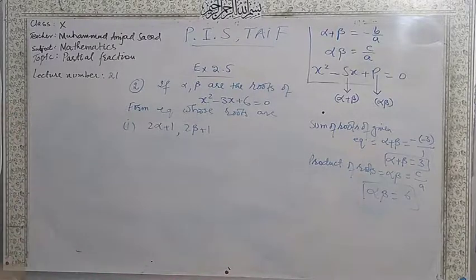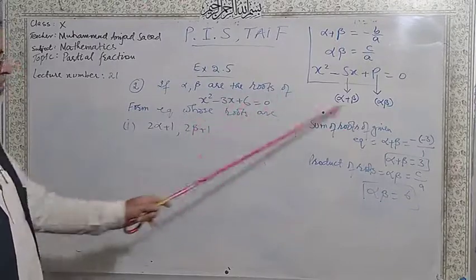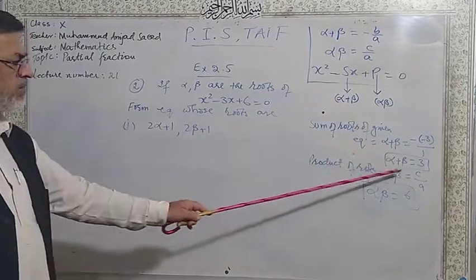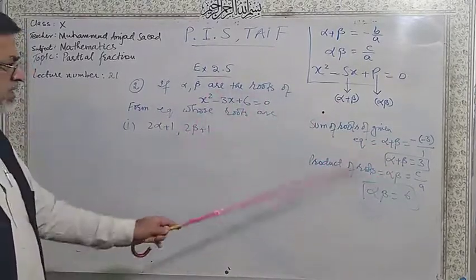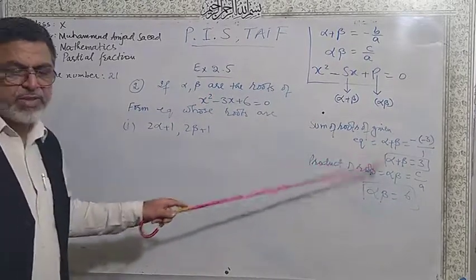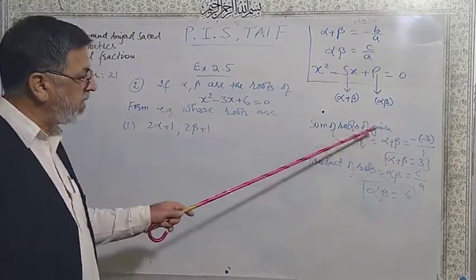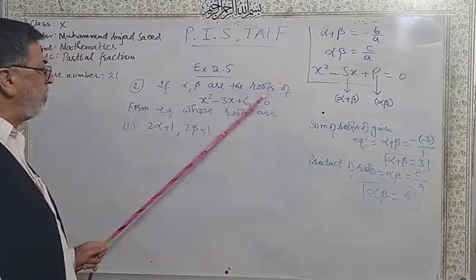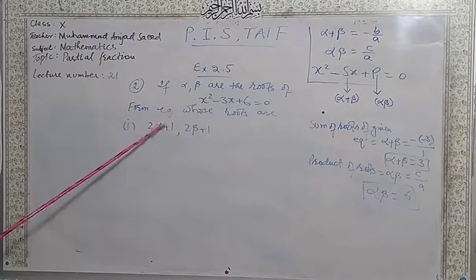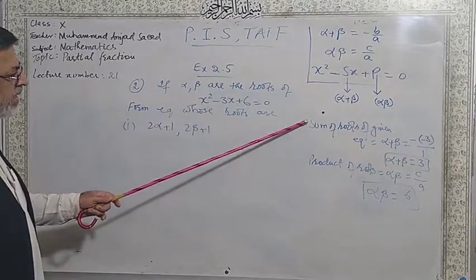Check that. This is sum of roots of given equation, minus b over a. Product of roots of given equation is c over a, 6 over 1 is 6. These are the values which will be applied for all parts. Alpha plus beta and alpha beta, these are the values which will be applied for all parts to find the new equations. Here I have not written S and P, remember that.